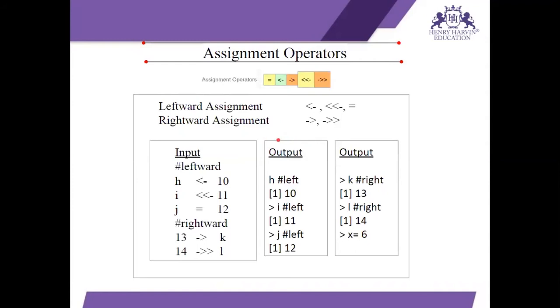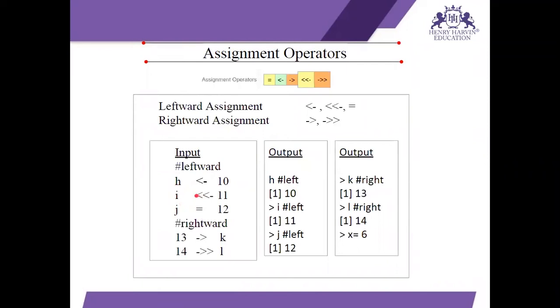It can be a leftward operator or a rightward operator. Both result in the same way. As you can see in the example, I want to save the value 10 in variable h. For that I am using the leftward operator by using a less than sign and a hyphen sign. It creates a kind of arrow towards the left, which means the value of 10 has to be saved in variable